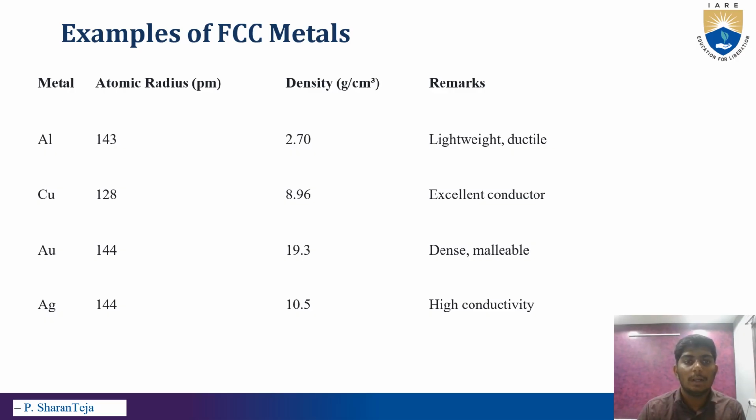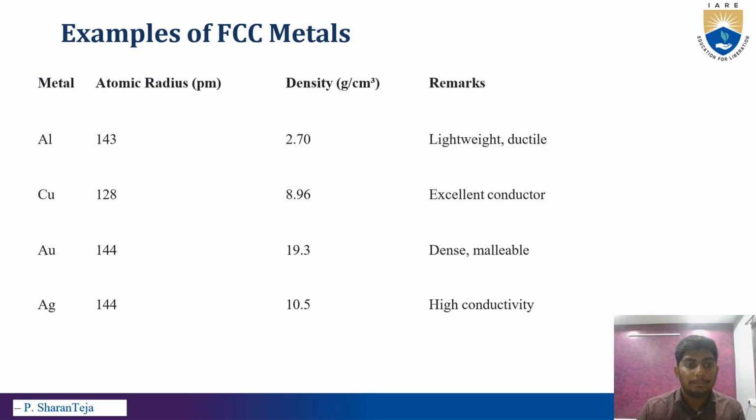Examples of FCC metals: metals like aluminum have an atomic radius of 143 pm and density of 2.70 grams per centimeter cube, and are lightweight and ductile. Metal like copper has an atomic radius of 128 pm and a density of 8.96 grams per centimeter cube, which